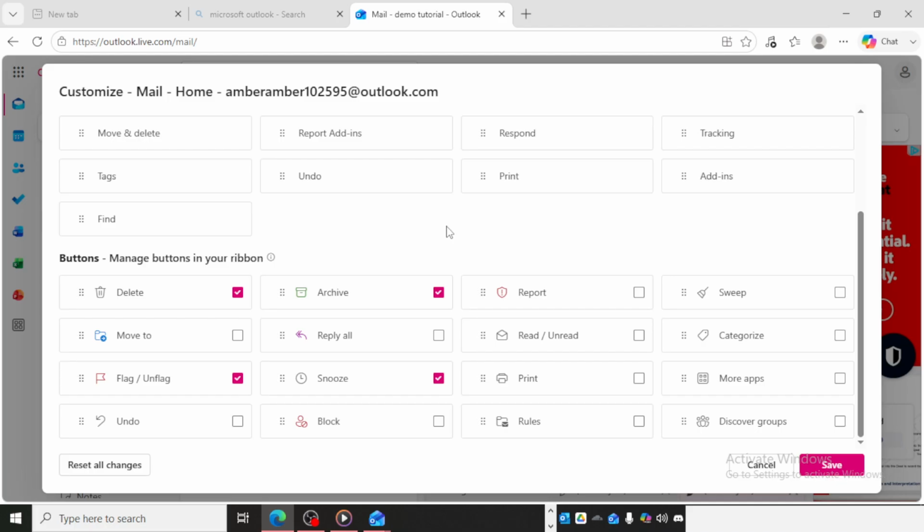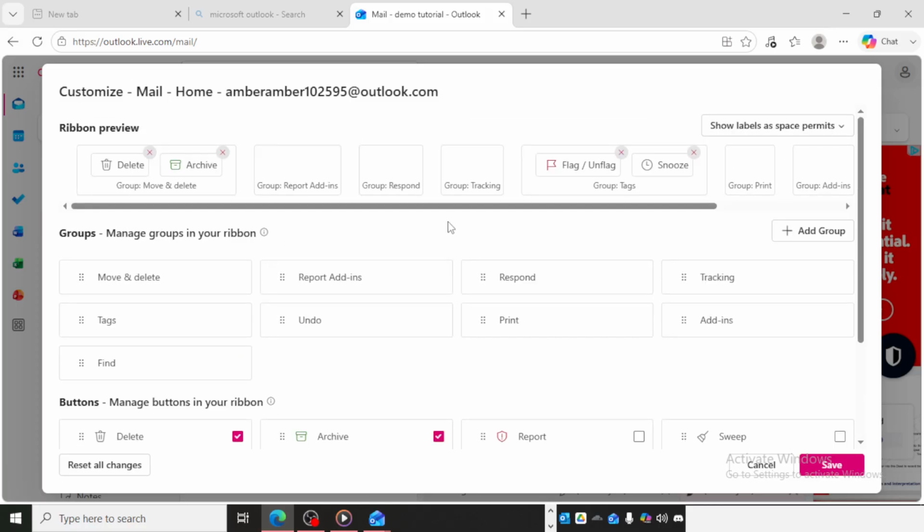At this point, feel free to customize everything you need. Take a moment to review the available settings carefully before making changes. If you use certain actions often, try placing those commands somewhere easy to find. If there are tools you rarely use, simplifying the ribbon can make the interface feel less cluttered and easier to navigate. As you make changes, think about your daily workflow. A cleaner, more personalized ribbon can save time and make Outlook more comfortable to use.